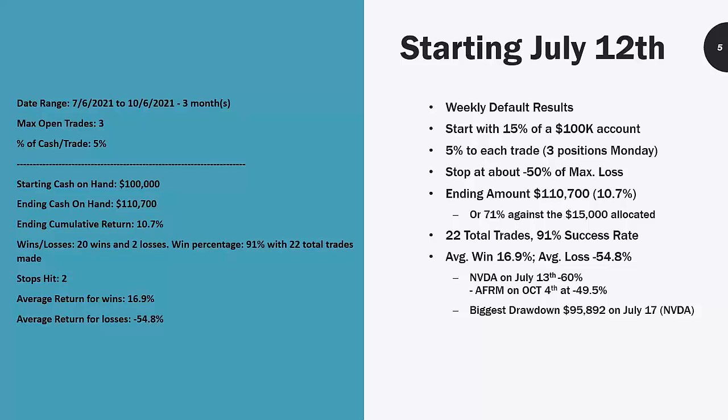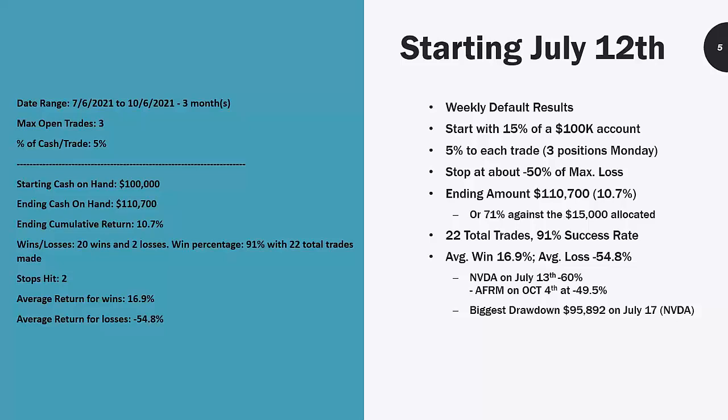If it's a big drop down at pre or after market hours, we might get closed at a 60 or 70% loss because that's all the market can give us. Well, running that test from July 12th to today, the $100,000 account ended up at $110,700,